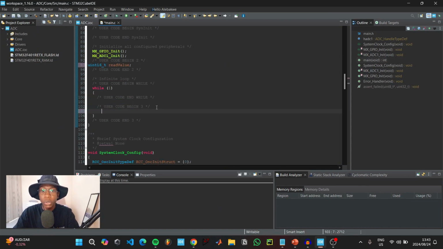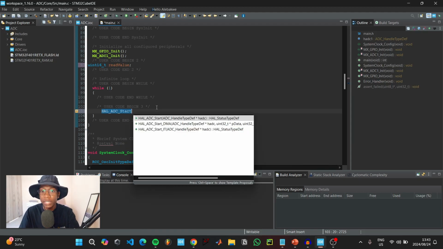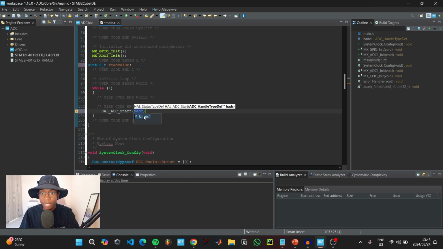The first thing we're going to do is that we're going to start the ADC. So we're going to type HAL_ADC_Start. Then we can hold control and click space for auto completion. And we see there's 3 ways we can start our ADC. We can start it in the normal mode, or we can start it with direct memory access, or we can start it using an interrupt. For this video, we're just going to use the normal one, and then double click on ADC1 and add a